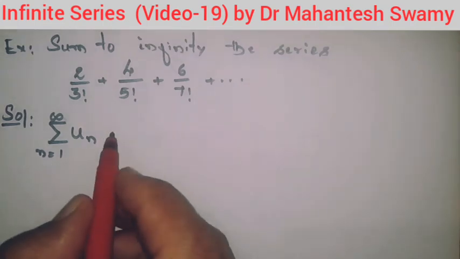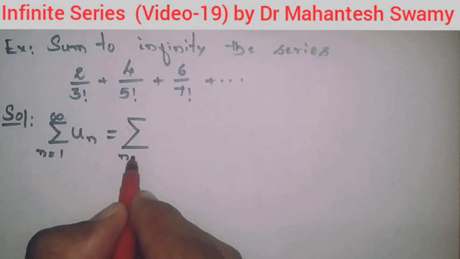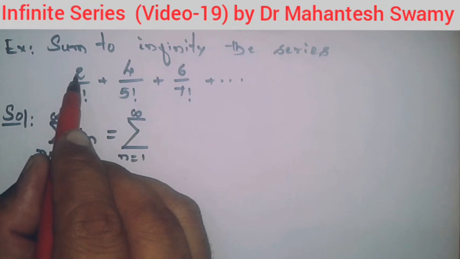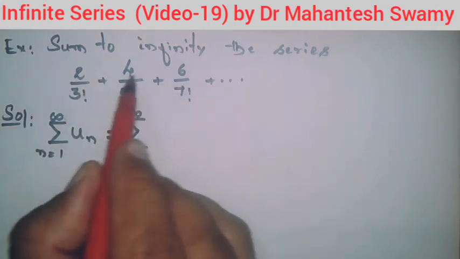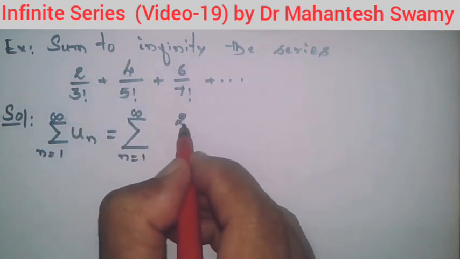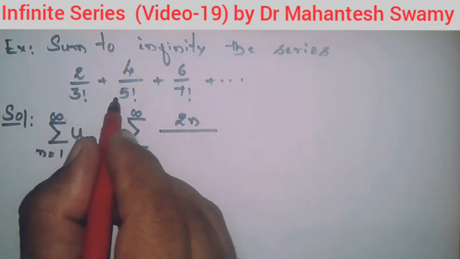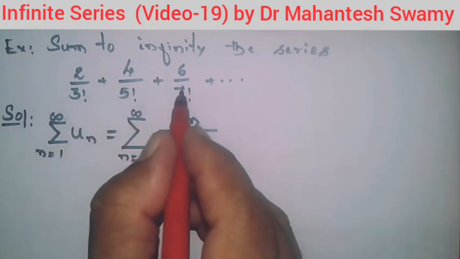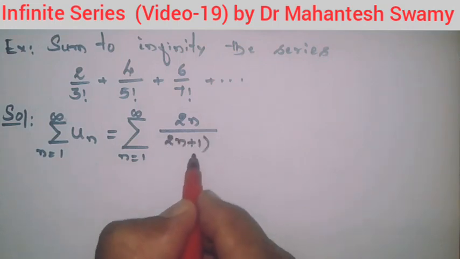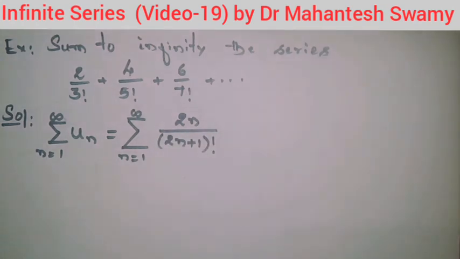Now in the given series, let us look at how we can write down the nth term. The numerator is very simple. The numerator is an even number in every term. So it is 2 into 1, 2 into 2, 2 into 3. So the first term is 2 into 1, the second term is 2 into 2, the third term is 2 into 3, the nth term should be 2 into n. The denominator is 2 plus 1, 4 plus 1, 6 plus 1. So it is an odd number. So the odd number here is 2n plus 1 in the bracket, factorial outside. So this is how one can write the nth term of the given series.